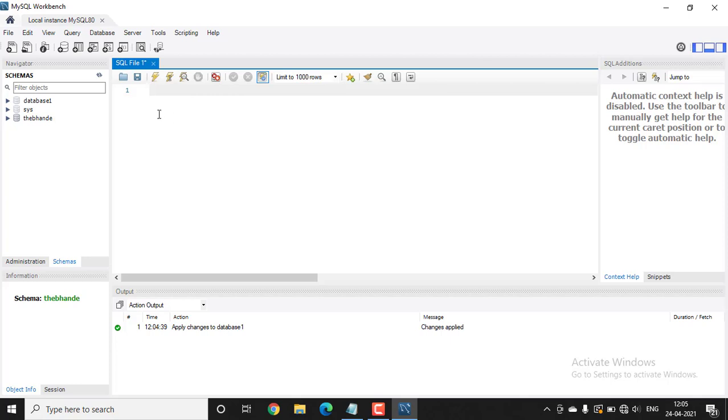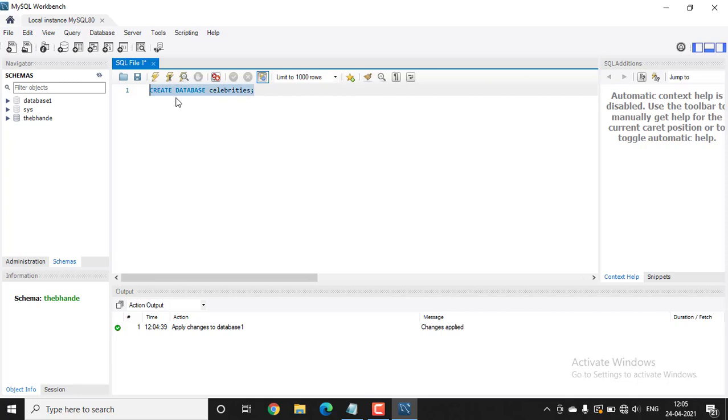Similarly, we can create a database by typing the code as well. Now let's type create database, and then type the name of the database, celebrities, and then put a semicolon at the end.